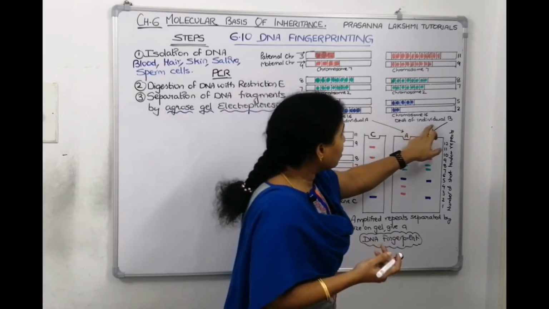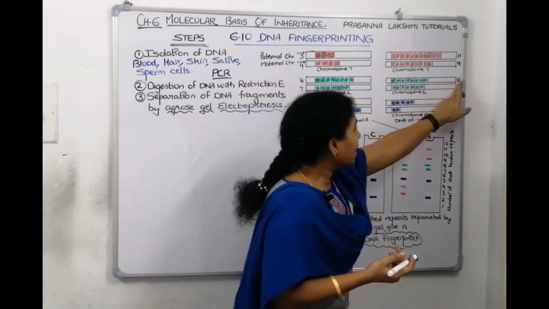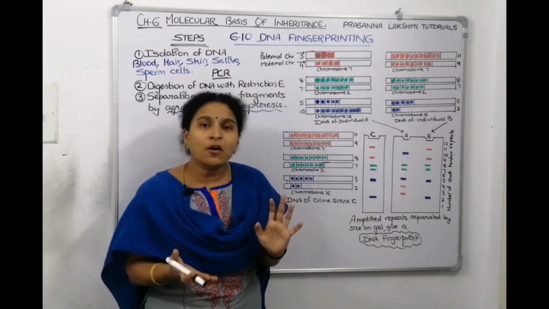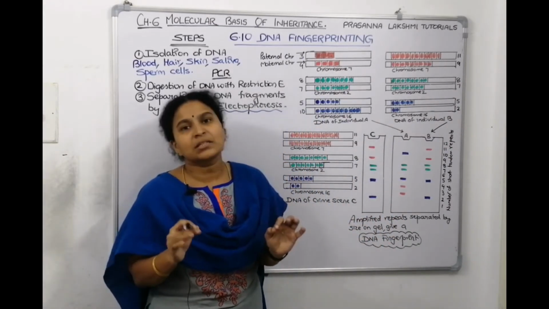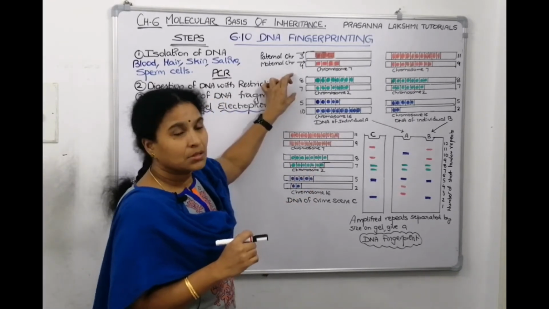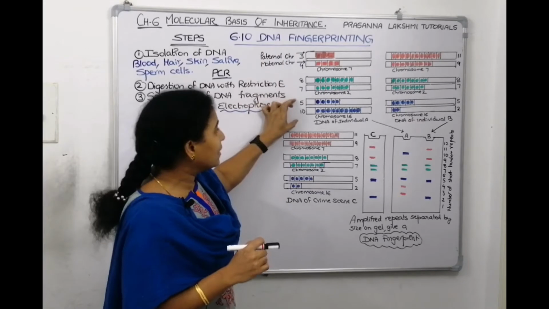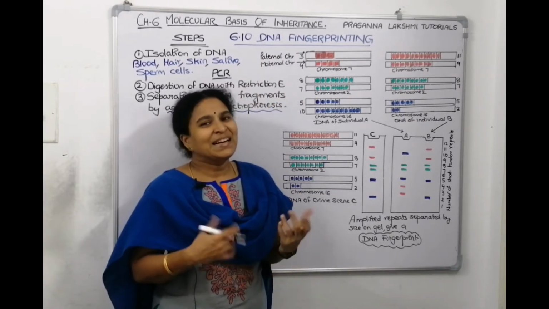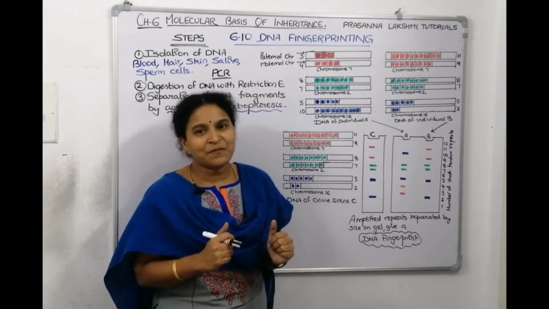Similarly, for person B also, here you got 8 fragments, here you got 7 fragments. Means it's variable also, and it might be similar in some places also. To tell that, they gave us this condition, whereas here it is different and here it is different. So at one or two places, if it is variable, it's enough for us to identify.